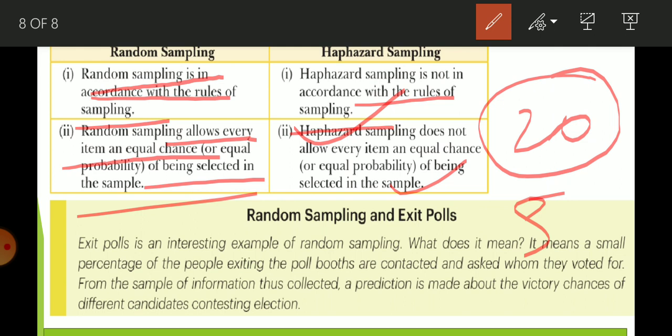Now, an example of random sampling. An exit poll is an example of random sampling. They go near the poll booth and ask just a few voters, and on the basis of their opinion they predict whose government will be there.